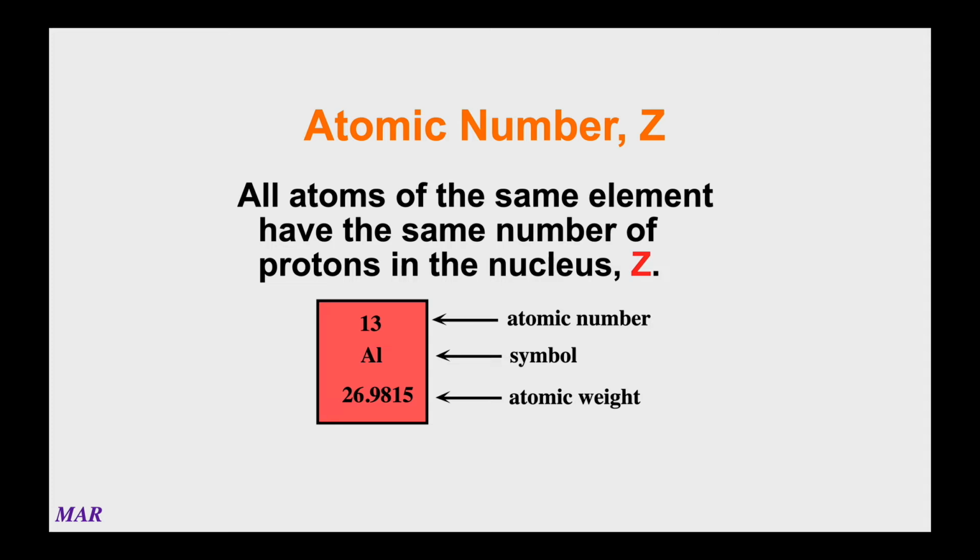And the atomic number gets the symbol Z, and Z represents the number of protons in the nucleus, all right? And that's really important. If you change the number of protons, you change the atom itself. So like aluminum right there has an atomic number 13, so that means 13 protons. If you take away one of those protons, the atomic number would become 12. And on the periodic table, number 12 is magnesium. So you change the protons, you change the element itself. Now you can take or add electrons to make them positive or negative ions, stuff like that. But you don't change the number of protons without actually changing the element itself.